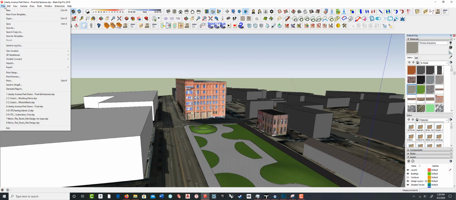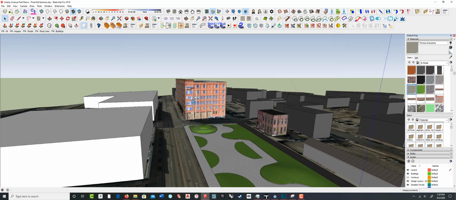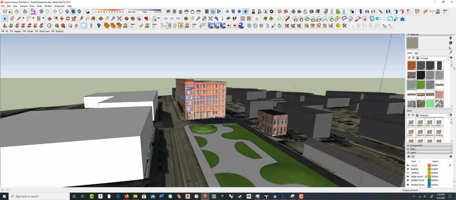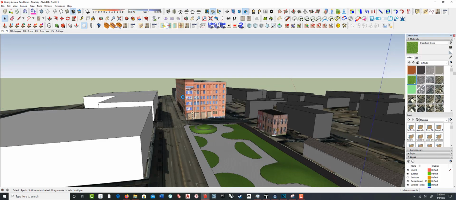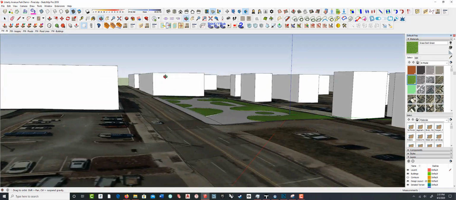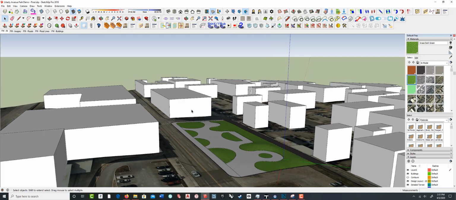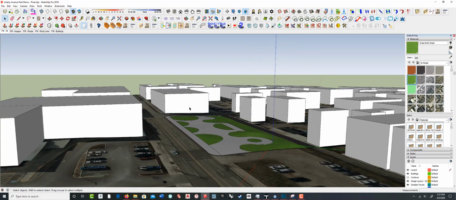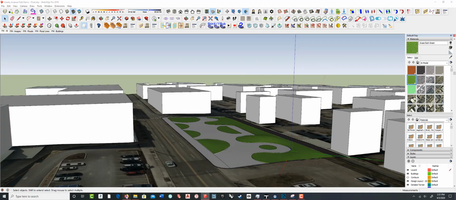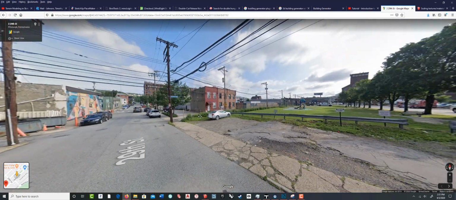All right, so this one has it. I think I have. This one is empty, yeah. All right, so you see when these buildings came in from Placemaker, they're all kind of the same height. You can randomize them, but since it's completely random, it doesn't really make any difference. You're better off paying attention to what's on the site and making the adjustments yourself once you know what's really there. And then I went to Google Street View